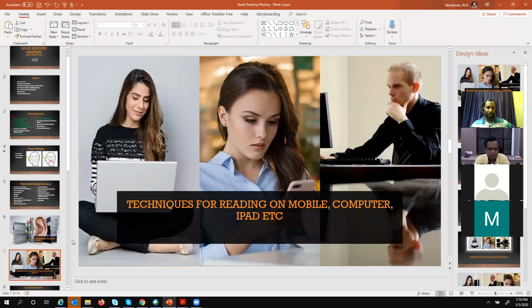Any further questions on this? Anil, are you suggesting that our speed while reading an ebook on a computer would be more compared to a physical book? No, ideally it will be less for most people. The primary reason is that when you look at the computer, there is a lot of light emitted from the screen. That is actually a strain for our eyes.